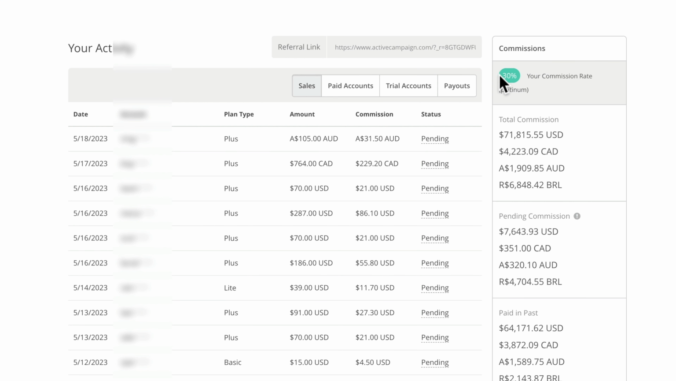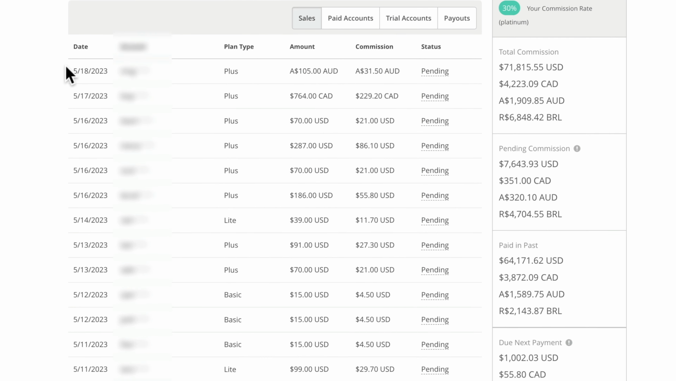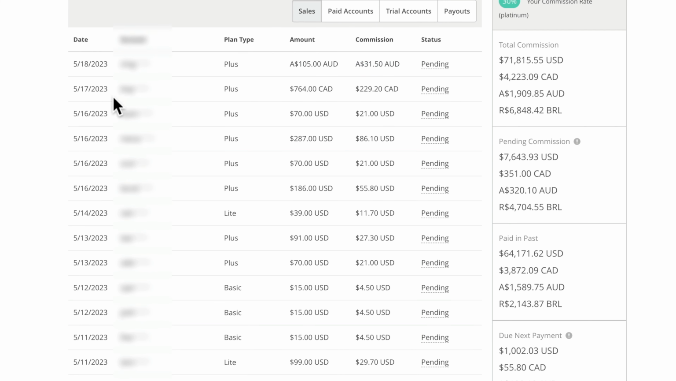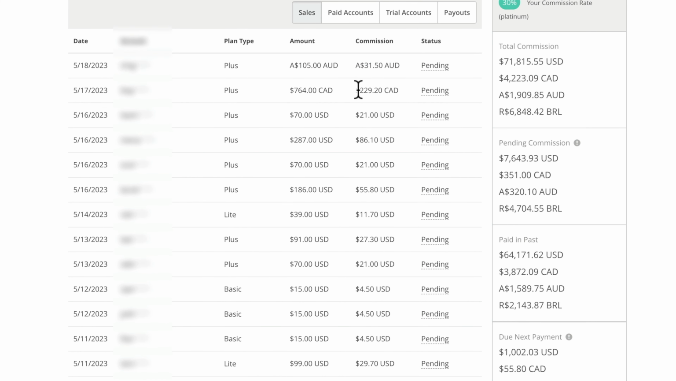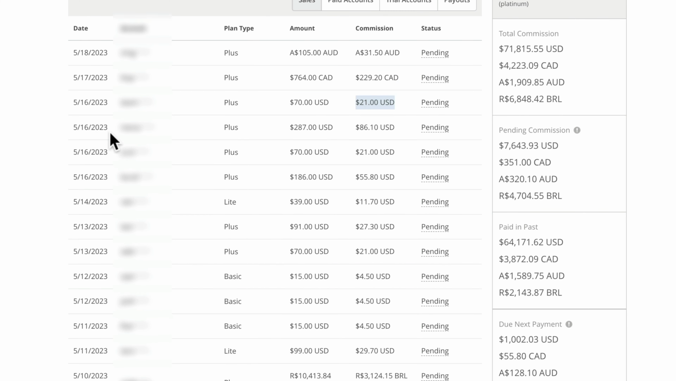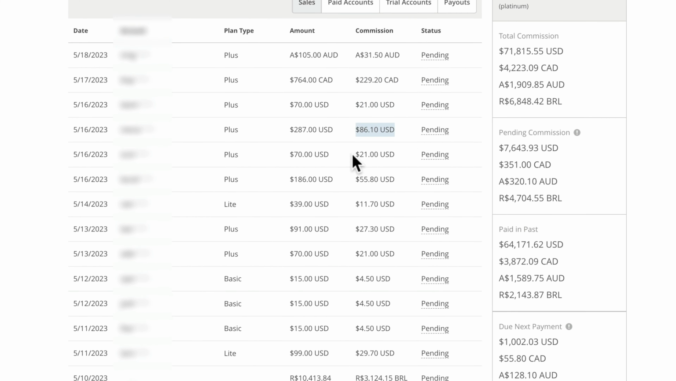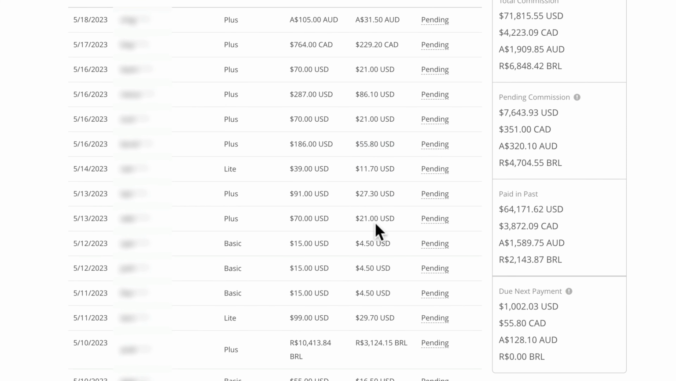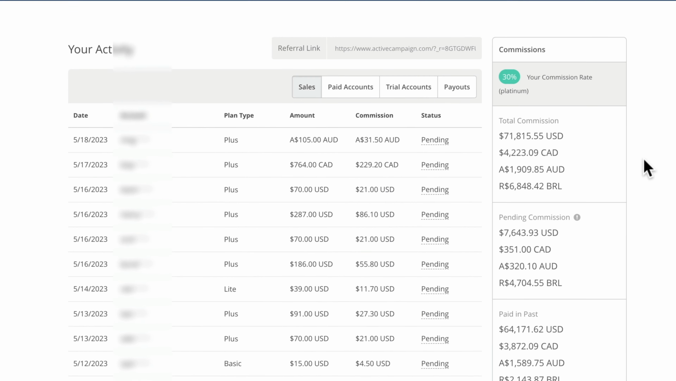I'm actually in the highest tier, so they pay me 30% of every sale they make, and for the life of the customer. So as you can see here, this was actually today. I got a payment of 31 Australian dollars. Then yesterday, 229 Canadian dollars. This was the day before, $21. And also the same day, $86, $21, $55. So these are recurring commissions, as you can see here. So far, the total commissions have been